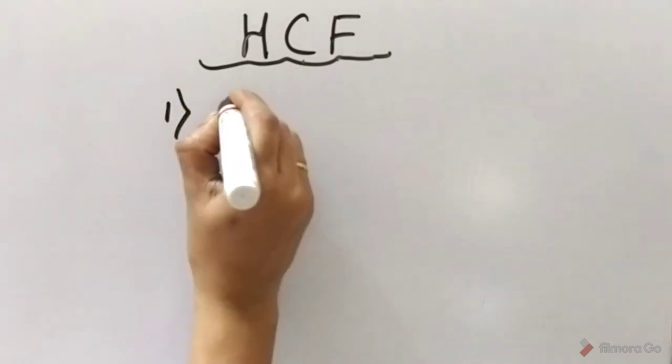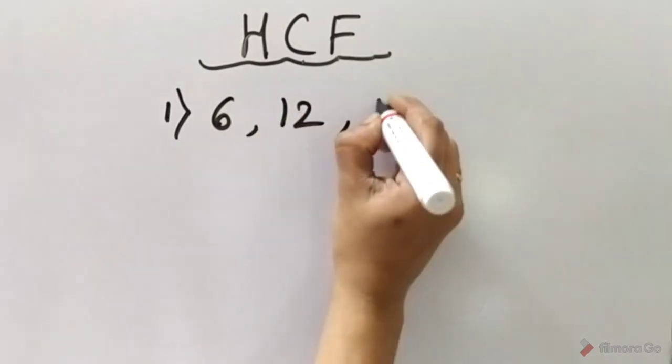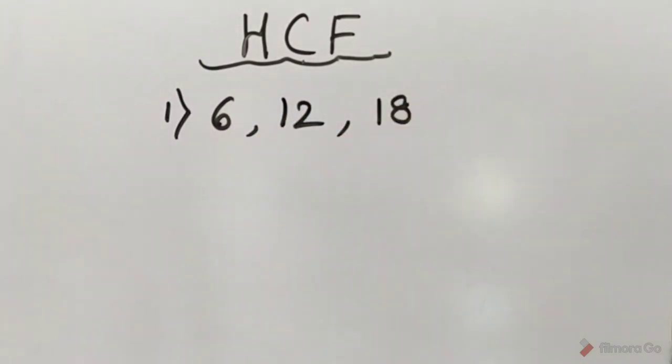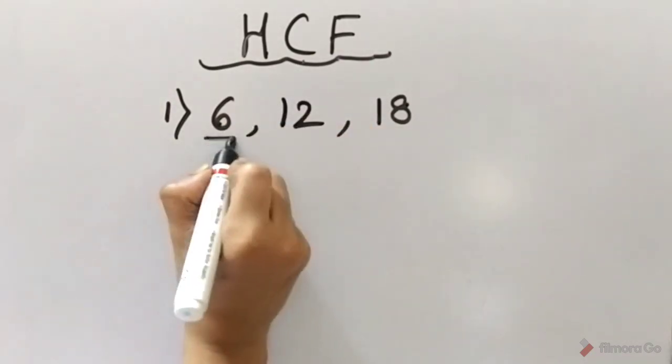Let's learn a trick to find out HCF of given numbers without solving it or without any explanation. So let's take some examples to see how you can apply today's trick to find out HCF. Suppose you want to find out HCF of 6, 12 and 18. Now let's see how you will apply today's trick. What you have to do first with the help of today's trick: in the first step, you have to select the smallest number from the group. Now here the smallest number is 6.